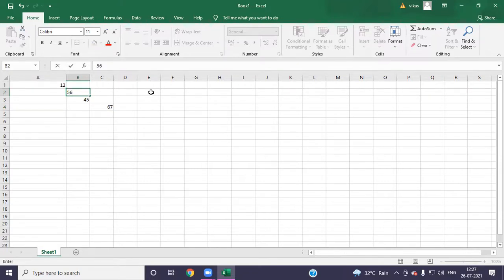So what I will do, I will click on this cell and write equal to sum. The address of the first cell is A1. Then we have to put a comma. Look here what we have to do.